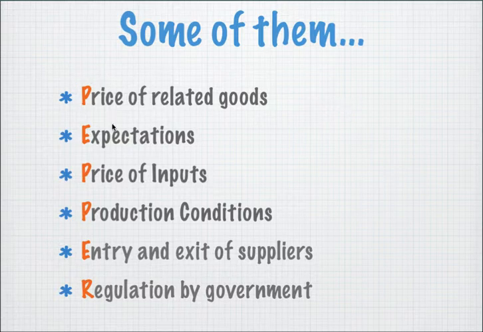When we look at demand, we are talking about the price of substitutes and the price of complements. But here for supply, it is a bit different. When we say price of related goods, we are looking at things like, for example, let's say you produce leather. So leather comes from cows. So cows will produce both milk and leather, right? So if let's say the price of milk goes up, then the quantity produced for milk will be higher,